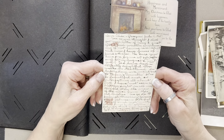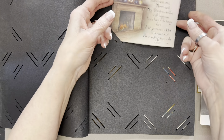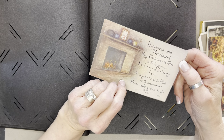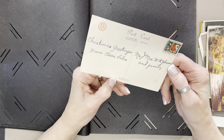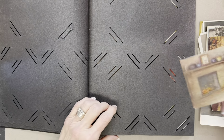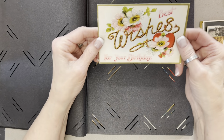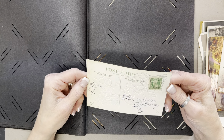Oh boy, look at this. 1910. I won't try reading that, or I won't take your time to read it. May your home be filled with merriment. 1916. Wasn't that nice? They had the foresight to put the date on the actual stamp. Best wishes for your birthday,